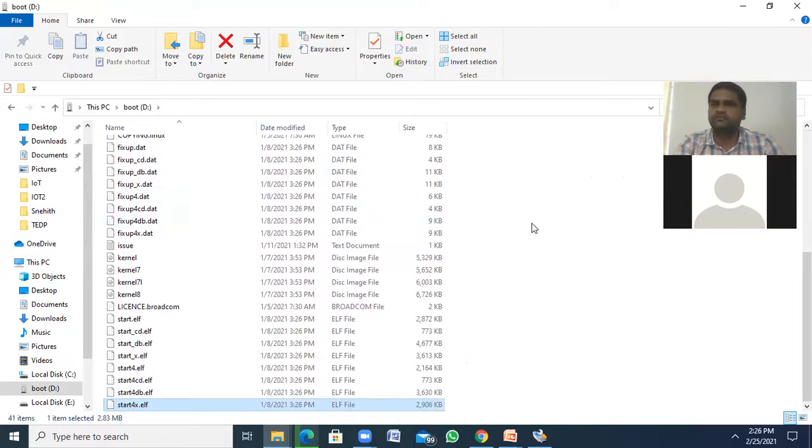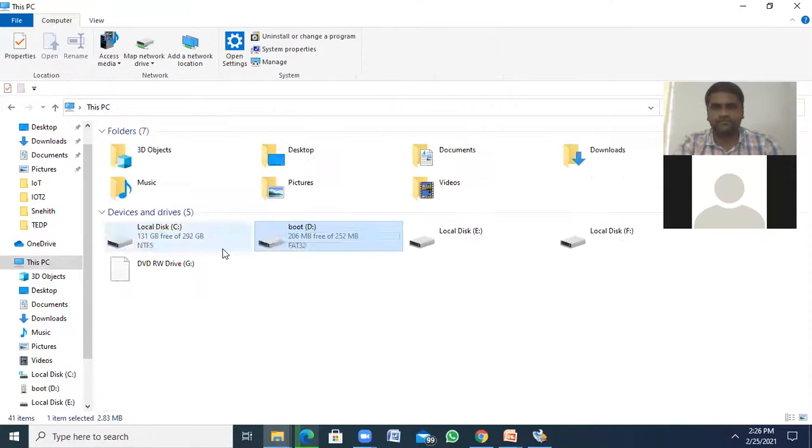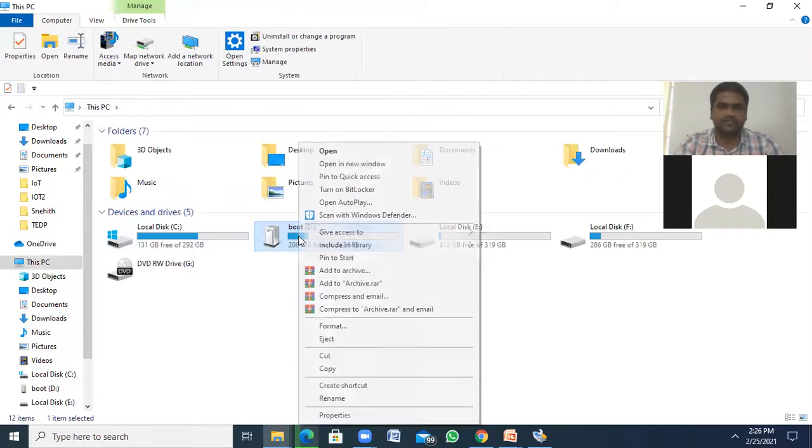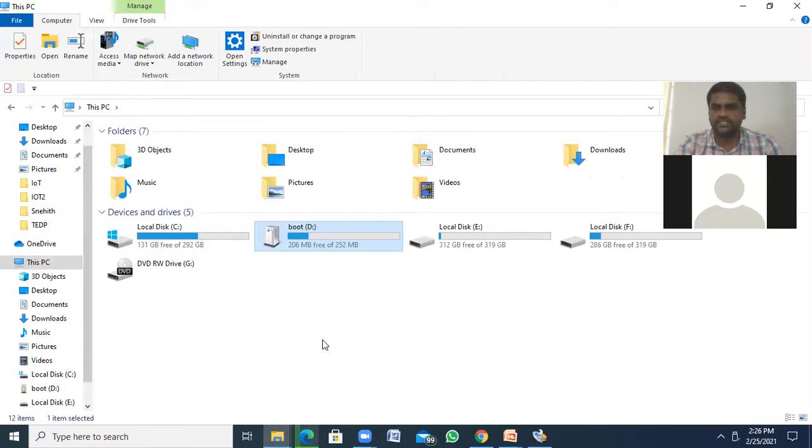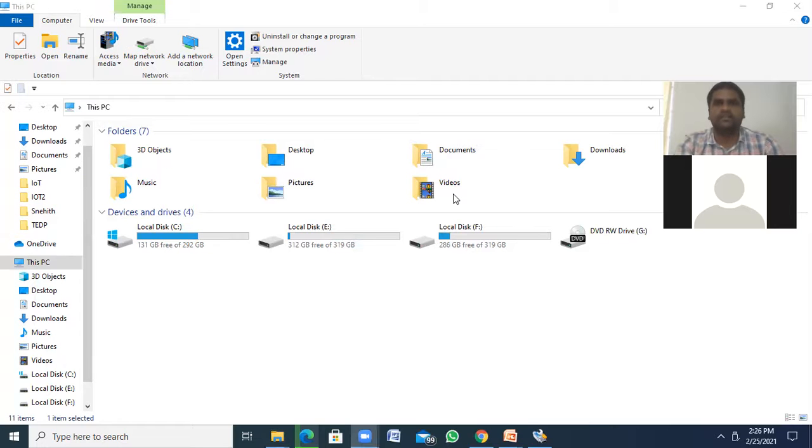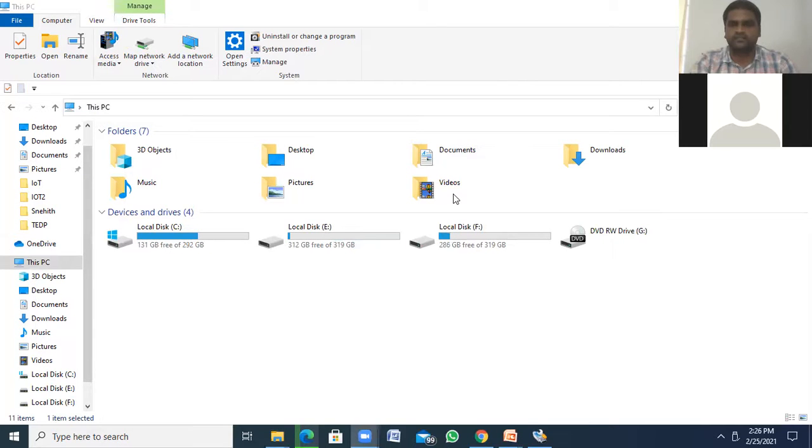Now we are going to insert this SD card into the Raspberry Pi. Before that, I am safely ejecting my SD card from the laptop. Okay, it's safely ejected, and next we are going to insert this installed SD card into the Raspberry Pi.